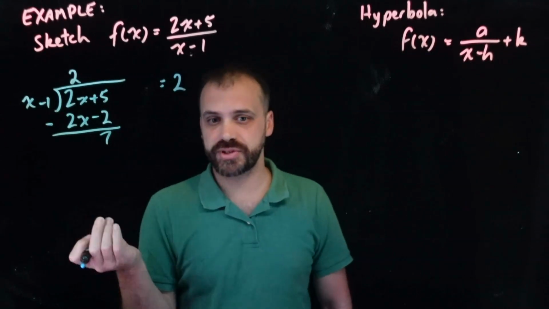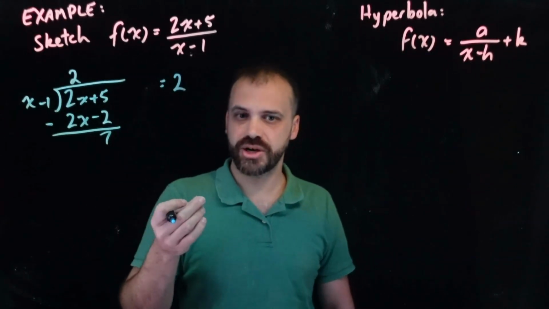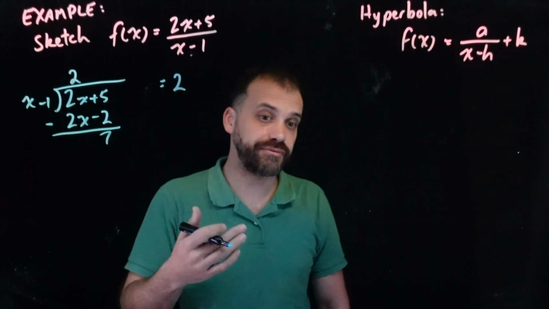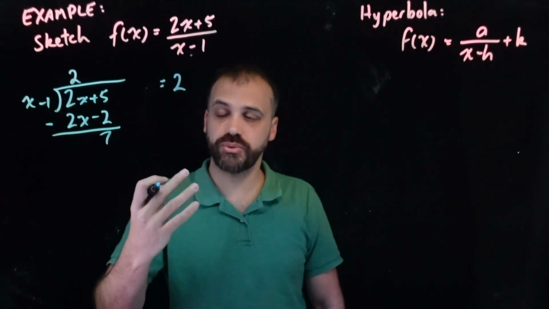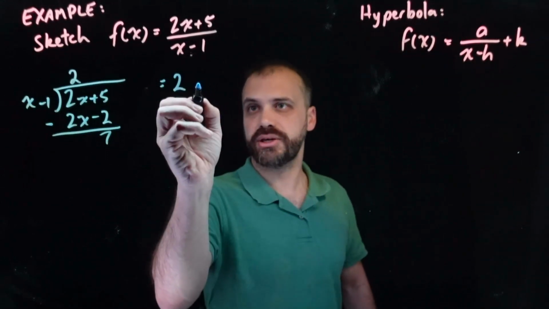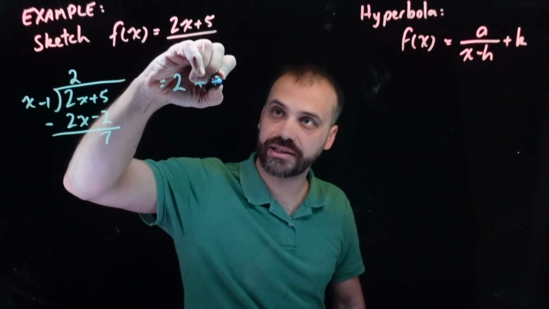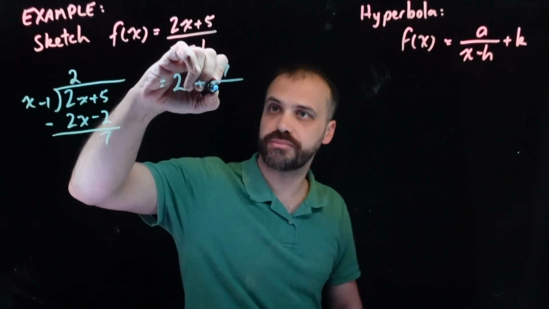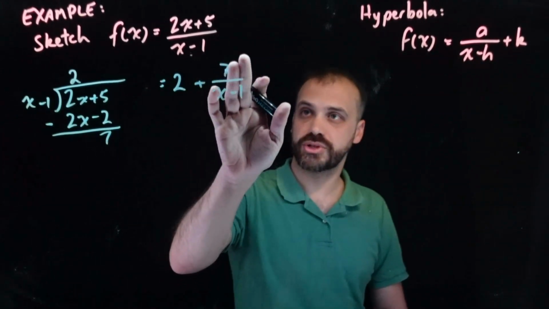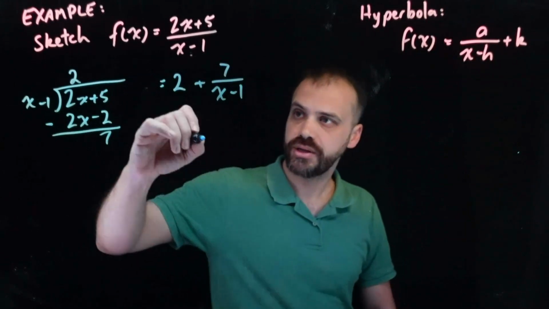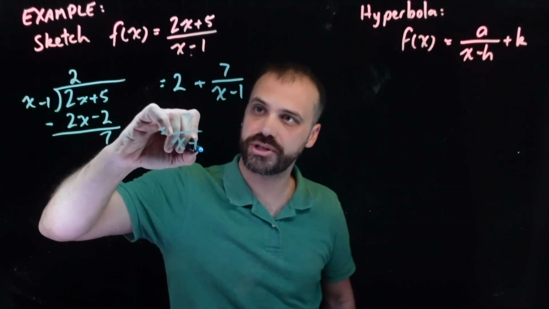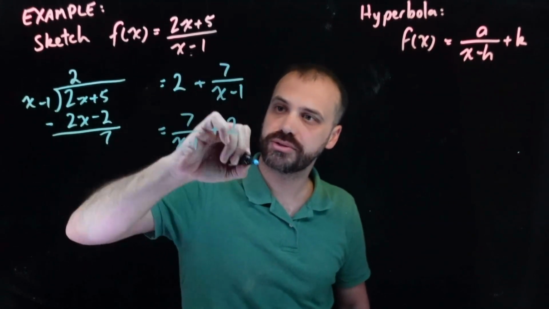What does a remainder of 7 mean? A remainder of 7 means I wanted to divide 7 by x minus 1, but I couldn't. I still have to do it. I haven't been able to do it yet. I really wish that I could do 7 divided by x minus 1, but I couldn't get an answer to that. And we can represent that as leaving it exactly like that. 7 divided by x minus 1. I tried to divide 7 by x minus 1. I couldn't, so I leave it. 7 divided by x minus 1. If I rewrite that, just reversing things, 7 over x minus 1 plus 2,